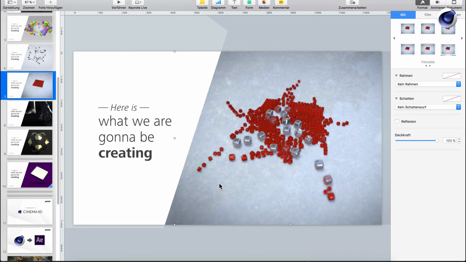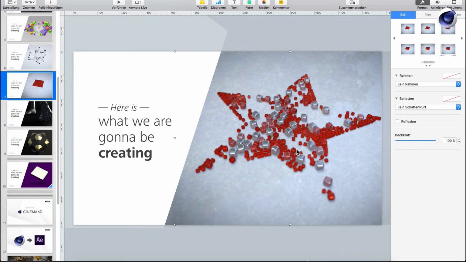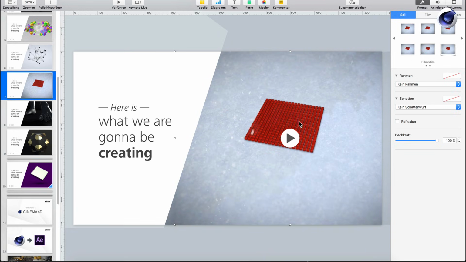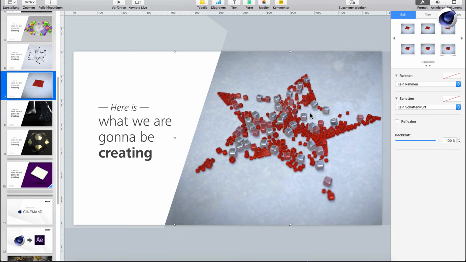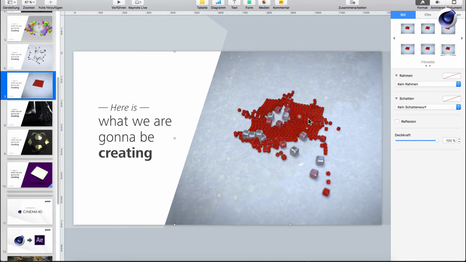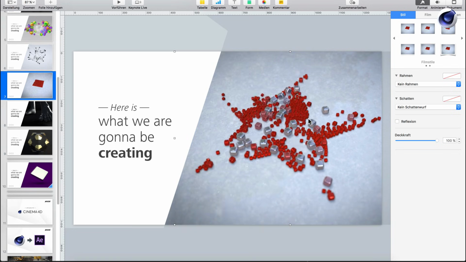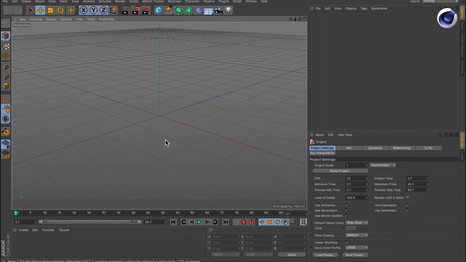Okay, what we have in the beginning is a 20 by 20 grid of cubes, and then some of the cubes are scaled up and push everything else to the side, so there is a dynamic simulation, and it looks like something like a popcorn effect. Alright, so let's recreate this, and therefore we will jump into Cinema 4D, and we will start with an empty